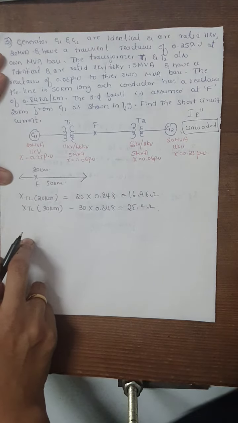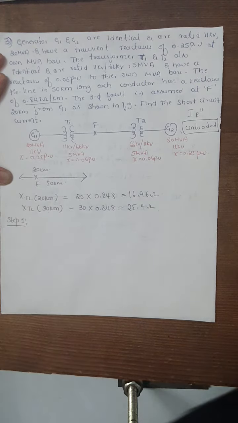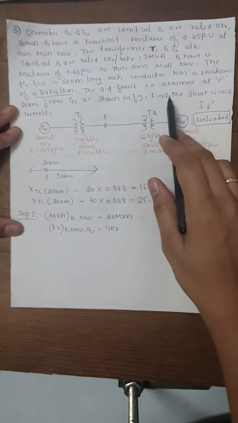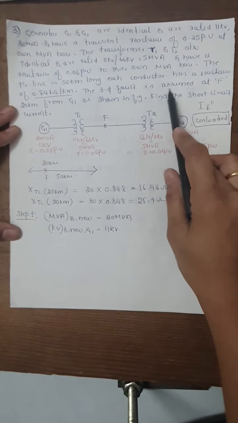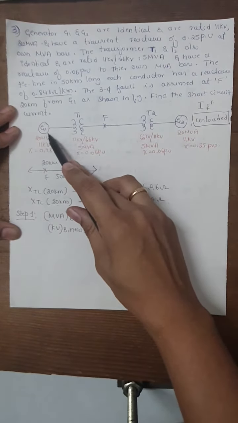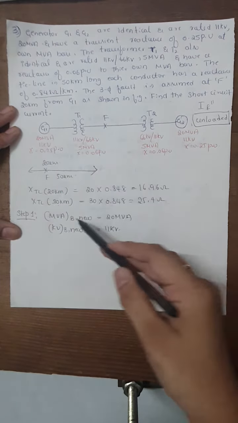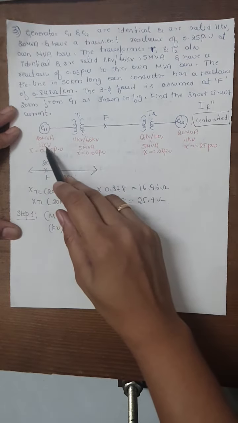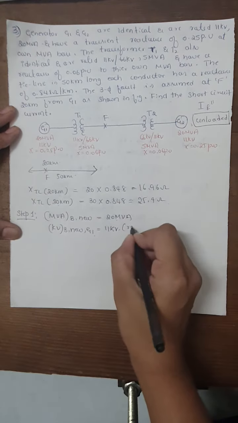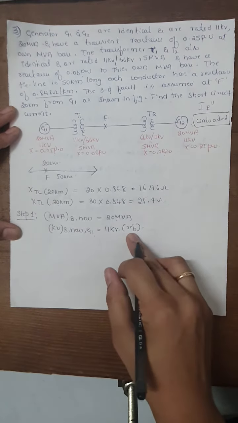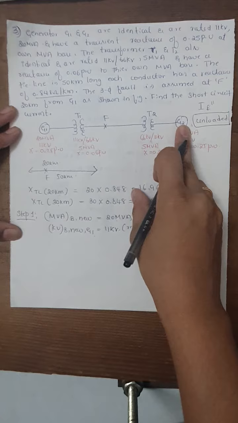Step 1 is the calculation of base voltage and converting the given reactance diagram into per unit. One more important thing to observe is that there is no base value mentioned in the given problem. So it is understood that the first connected component in the single line diagram, that is the generator value, is to be considered as the base. So 20 MVA will be the MVA base new and 11 kilovolt will be the kilovolt base new. By taking this as a reference, next we calculate the base voltage of the transmission line and also generator 2.